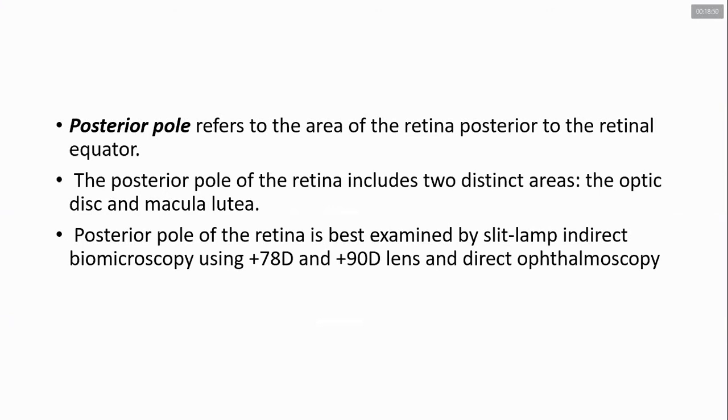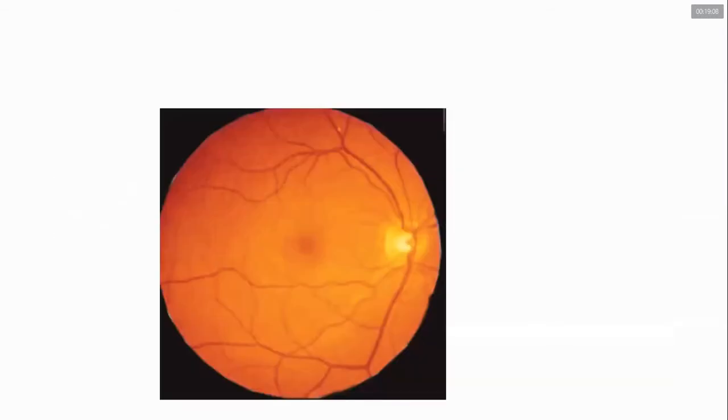To understand the disease portion, this anatomy must be very clear in your mind, because from the next class when I start the disease portion, if you do not understand this, you will not understand the disease part. So see in this picture what we see with the help of the slit lamp with the 90 diopter lens or with the direct ophthalmoscope: we will see the optic disc and the vessels emerging from the optic disc. Always there will be vessels emerging from the optic disc.